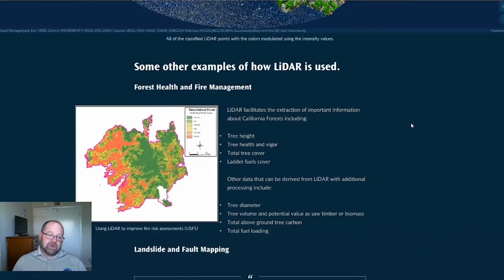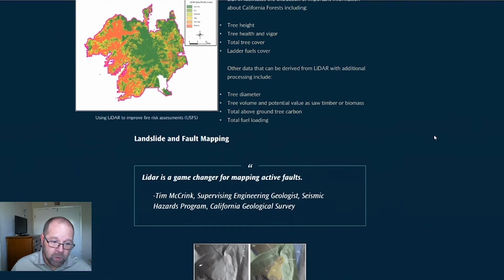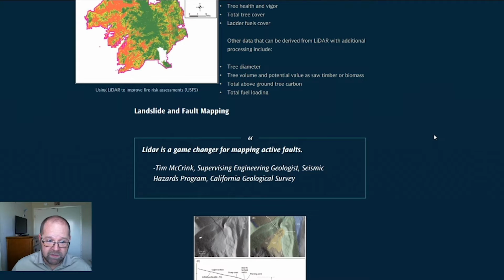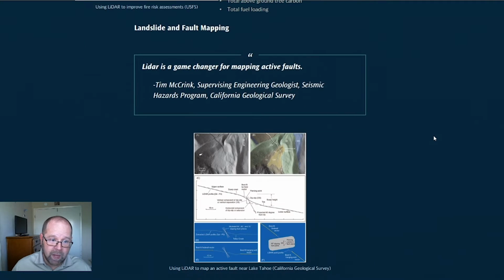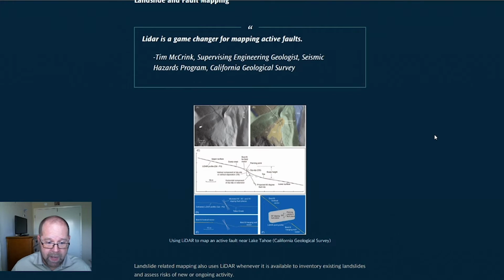Some other examples, or maybe I should say continuations of those examples. LiDAR is being very actively used for forest health and fire management related purposes. We use it on a very regular basis for landslide and fault mapping. Indeed, it's really created a fundamental change in how we do some of those geologic related mapping activities because of its unparalleled ability to give us that bare ground